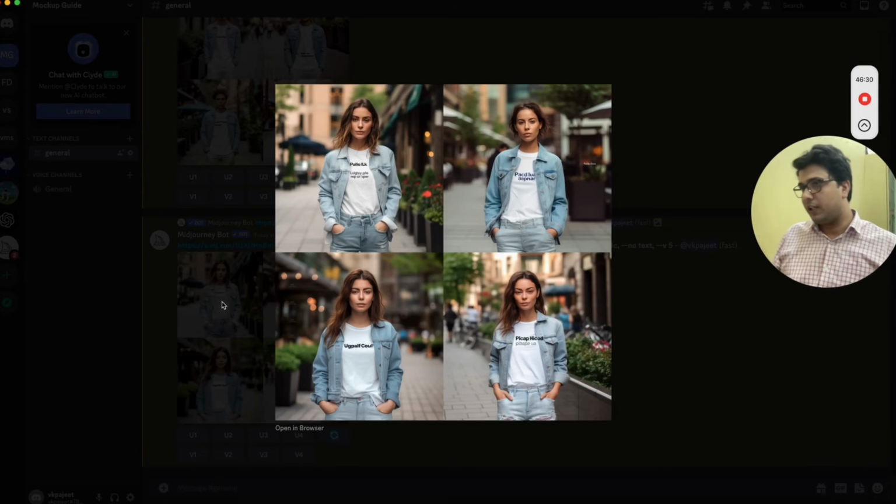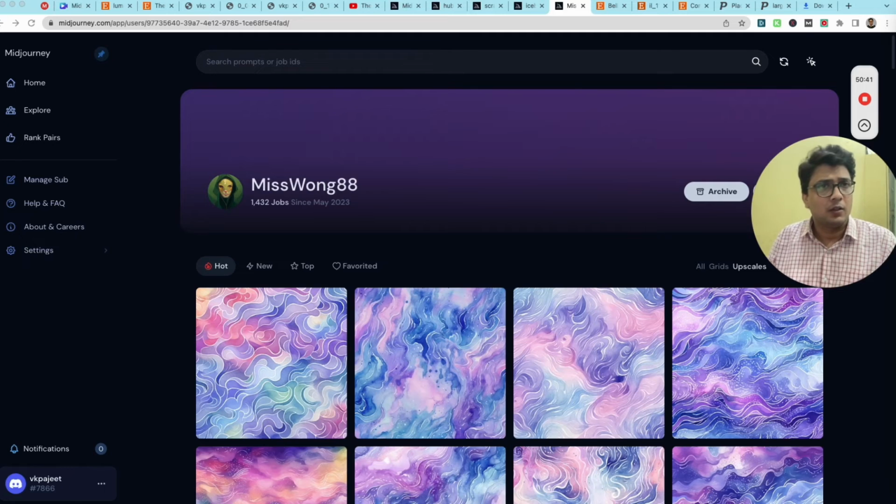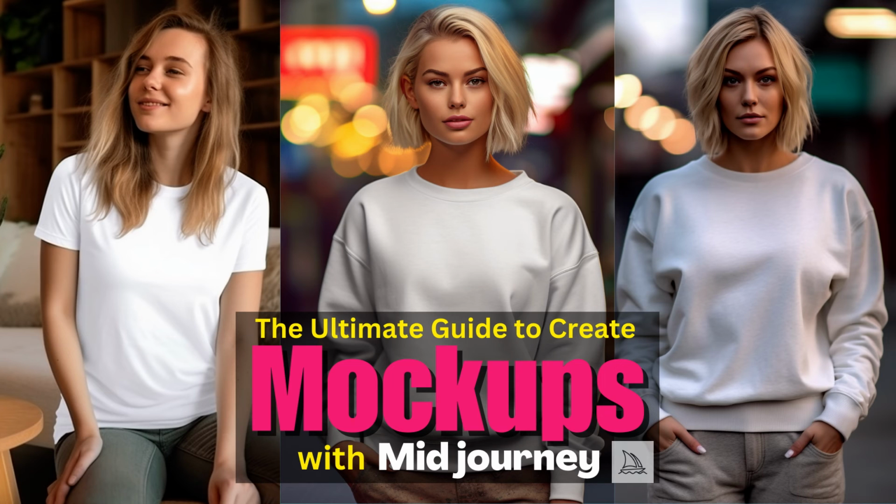So this is what we get. Again, Midjourney does not follow our instruction and we still have text on the t-shirt. So either you can re-give the prompt or you can remove them with the clone stamp tool in Photoshop. With these two secret methods, you have the superpower to create awesome mockups and you can directly go and sell